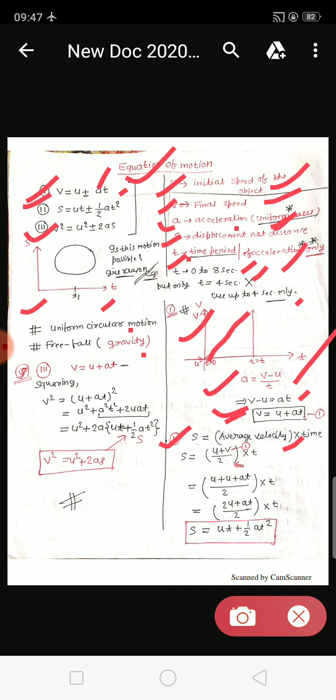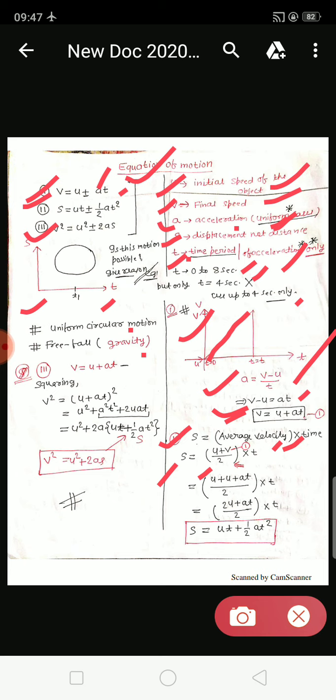As it is a case of uniform motion, everything I have discussed. If it is a non-uniform case, then how will you find the average speed? You have to add all the distance divided by all the time taken. If it is uniform acceleration, you have to simply add initial speed plus final speed divided by 2. You have to average any two values because it is the same in every time interval. So that S comes out to be average velocity into time. How will you find average velocity?